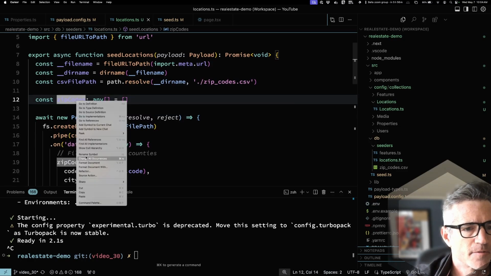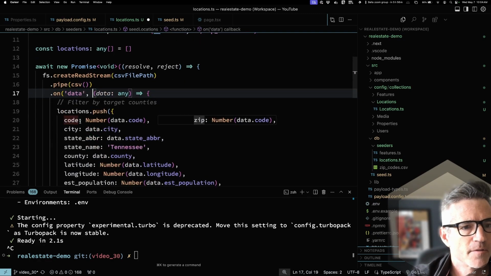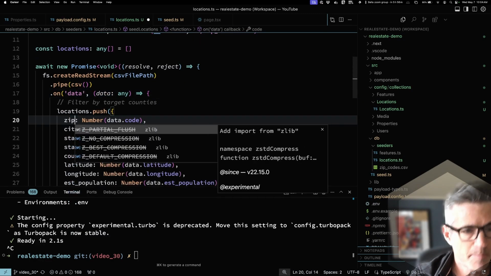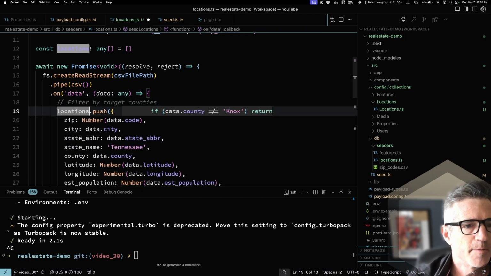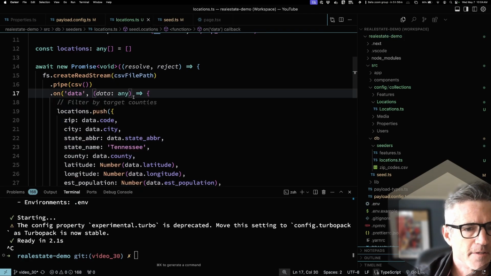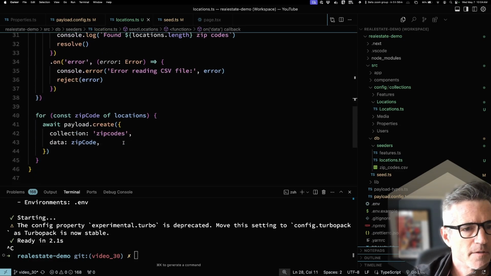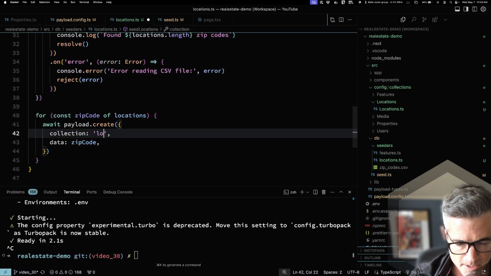Let's rename this variable constant to that. We know that this is now zip. We don't want it to be code, and we know that it's a string. We don't need to number that. And let's see, payload create locations,